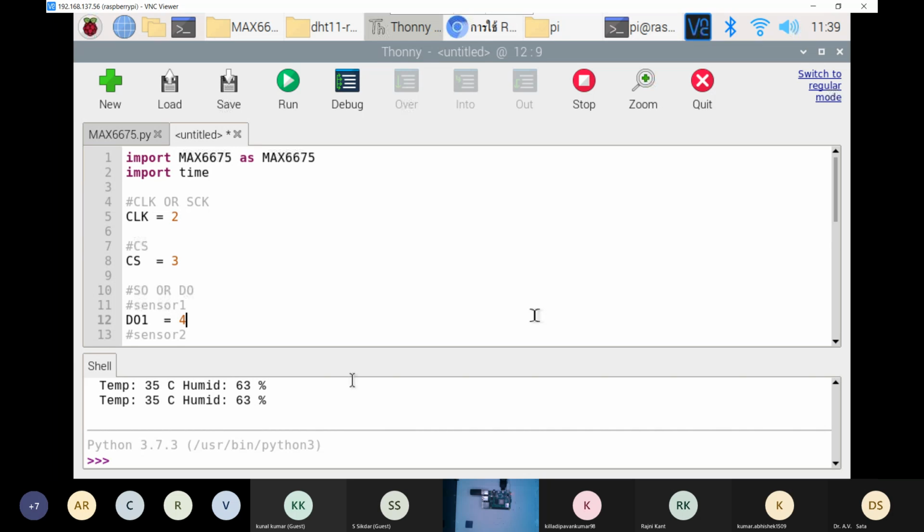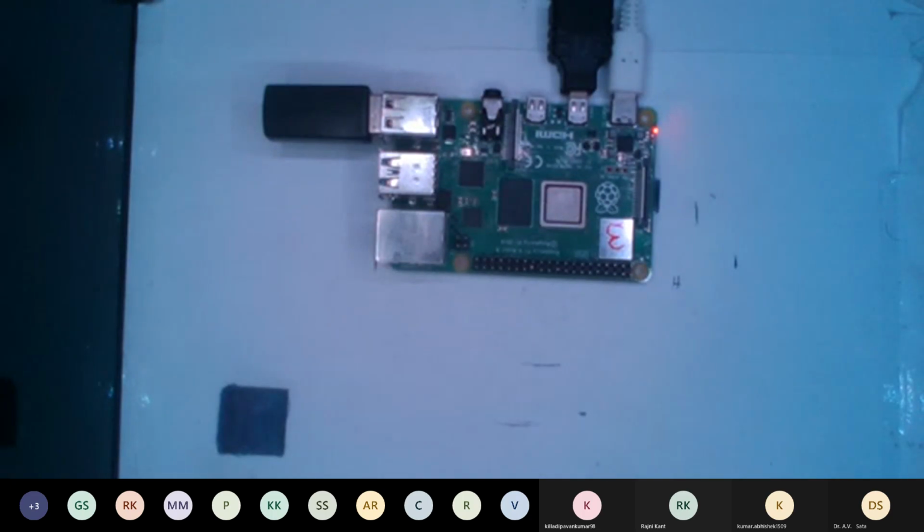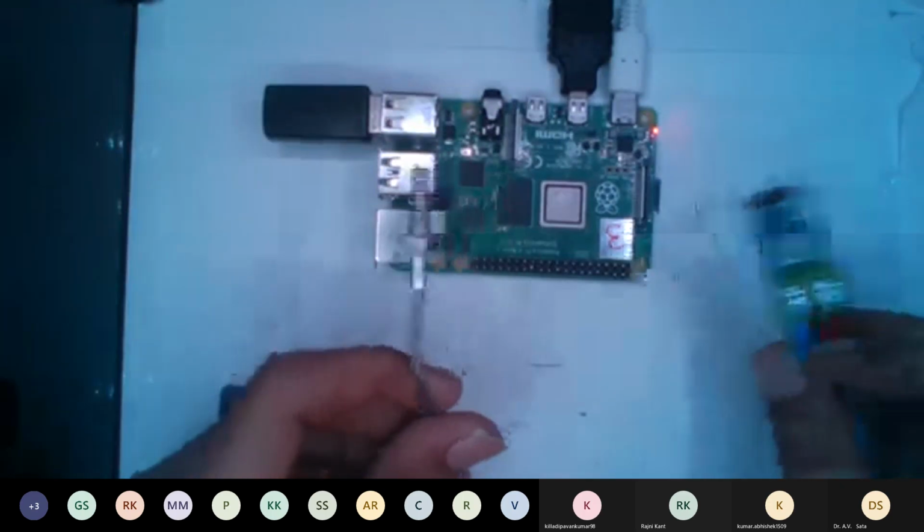And then I will just start the camera. As you can see, this is our MAX6675 module.